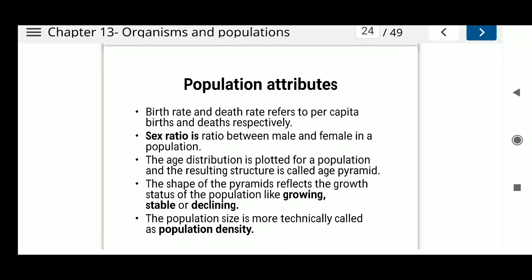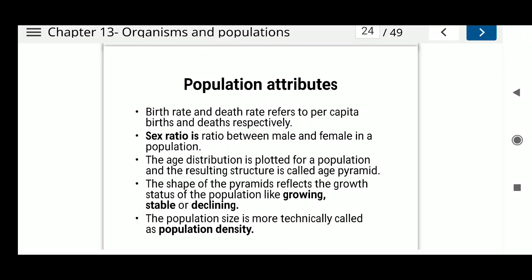If I give you an example, you can see this in your book also in page number 227. So whenever you'll study this chapter, you can open your book to page number 227 and to page number 228. An example is given, like in a pond, if there are 20 lotus plants last year, and through reproduction 8 new plants are added. Now the current population is 28.